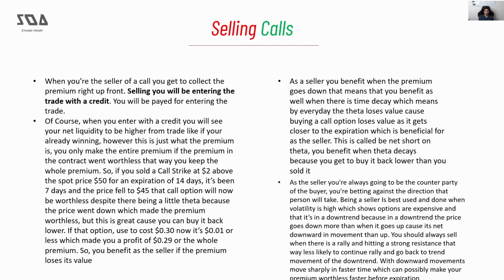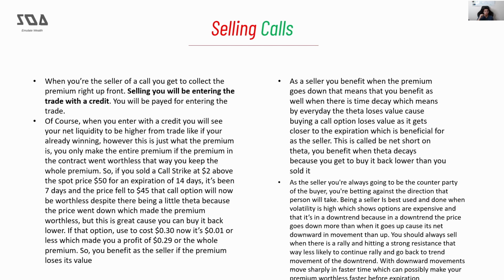So remember that in selling a call, as I said here in this example, you were selling a call $2 above the spot price of $50. Let's say this was in a downtrend and the price was rallying into a resistance, like a really strong moving average with some horizontals and a bearish reversal sign. So you would sell a call at a higher strike price.